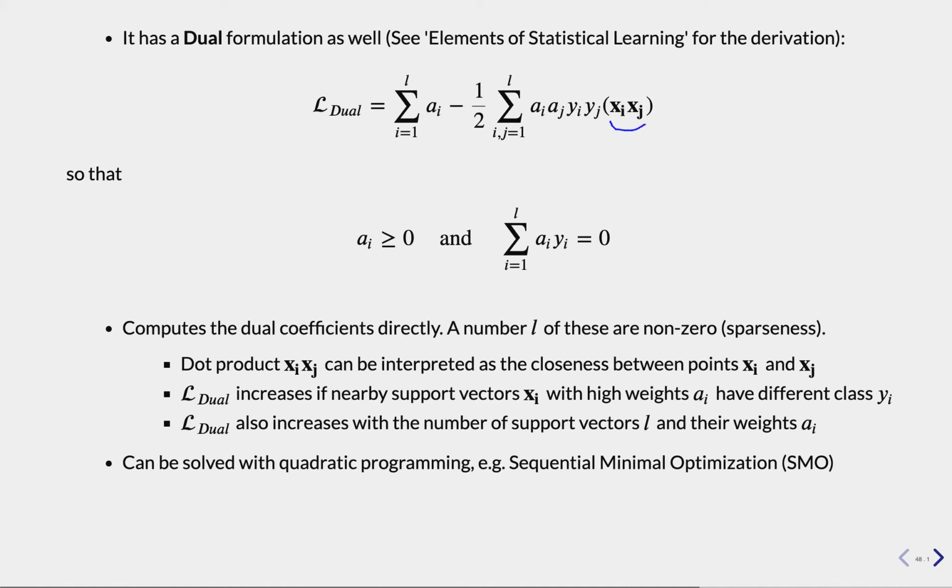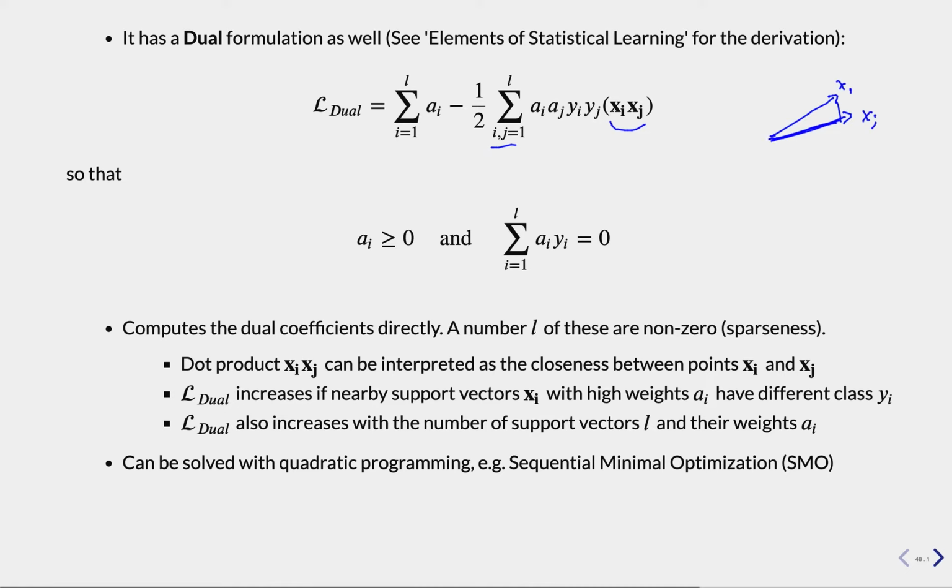So what this loss function does, it looks at every combination of two data points, training points. If those two are close together, this is the dot product, right? So if we have xi and xj, and they are close together, then this dot product